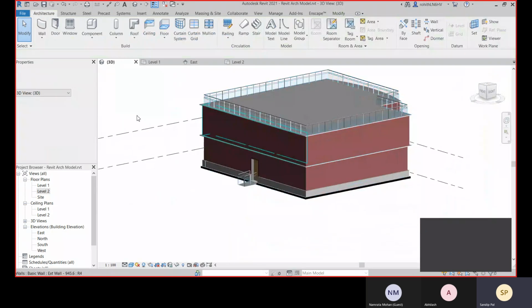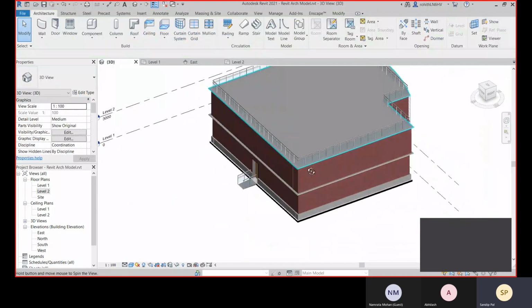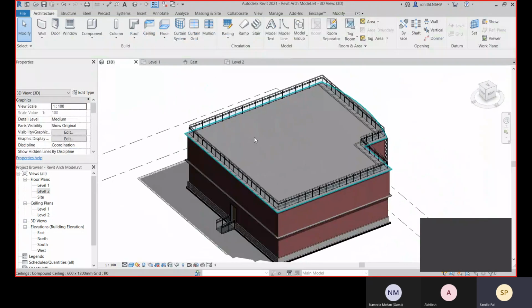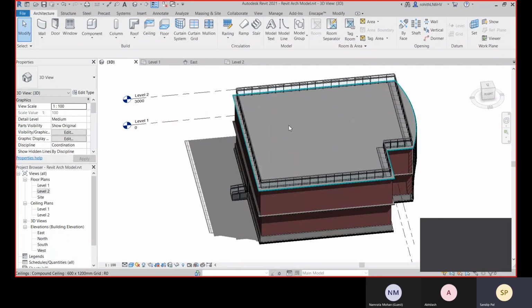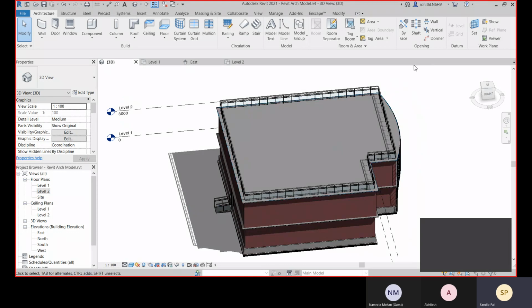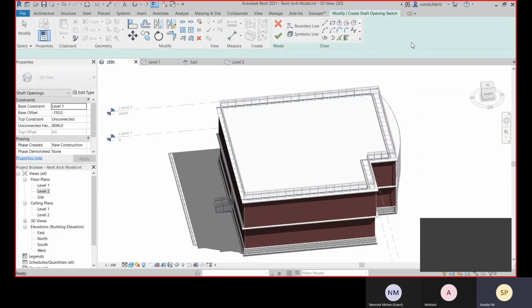The same thing applies if you are creating your stairs. You need to create a hollow profile, and for that we have this shaft.